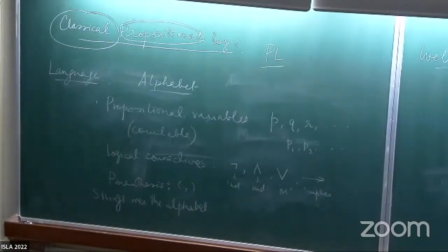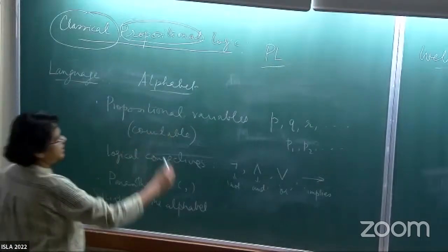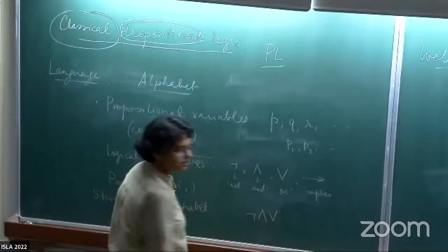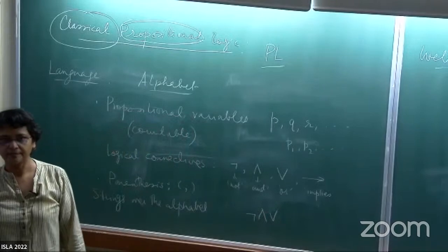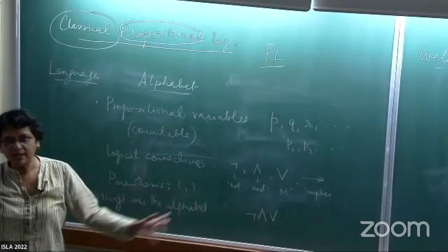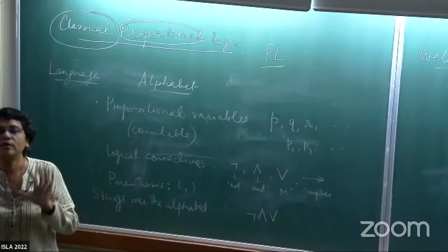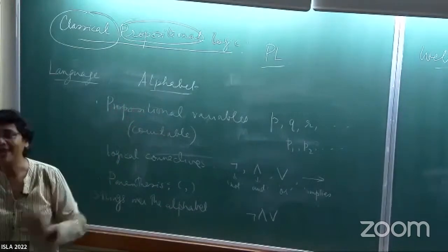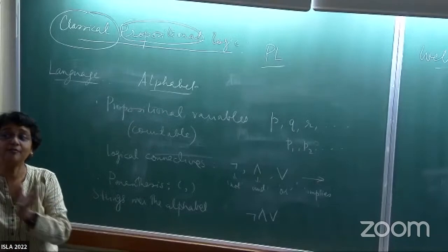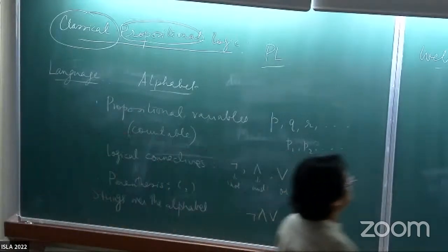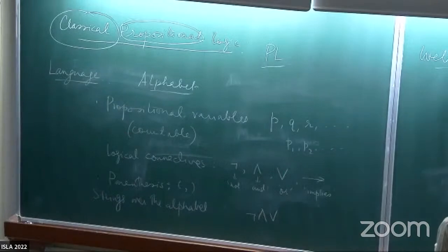So what are strings? They are just finite sequences of symbols coming from the alphabet. For example, even this is a string. However, these are not the kinds of things we want to deal with. They don't make any sense for us. So we will need to define what are well-formed ones that we finally would like to handle. So this would be what is called a recursive definition.